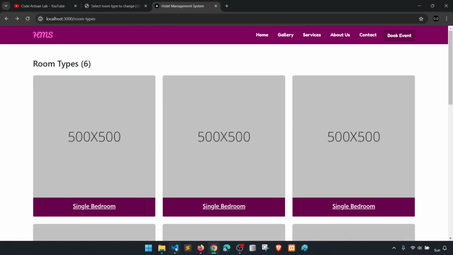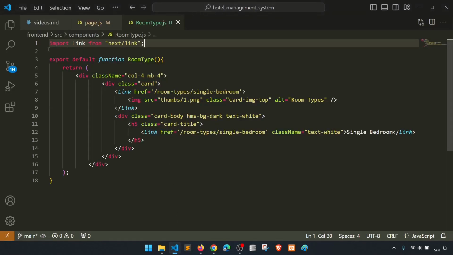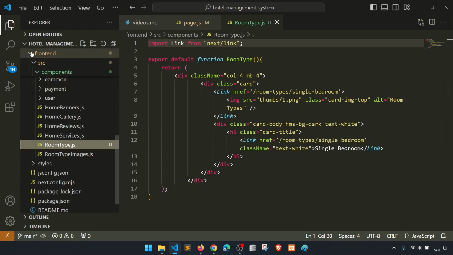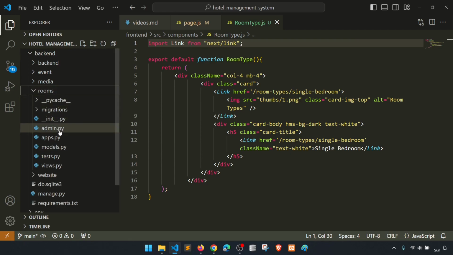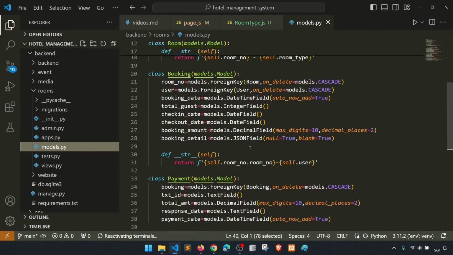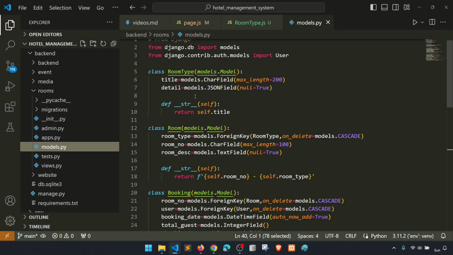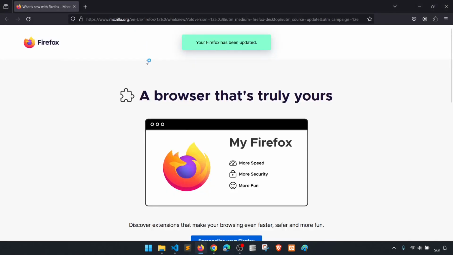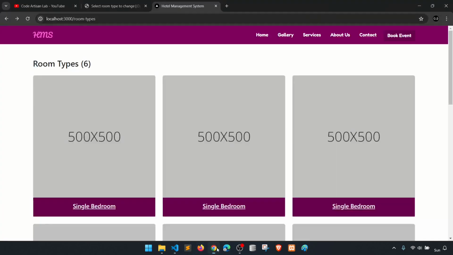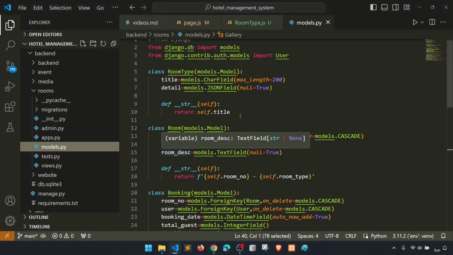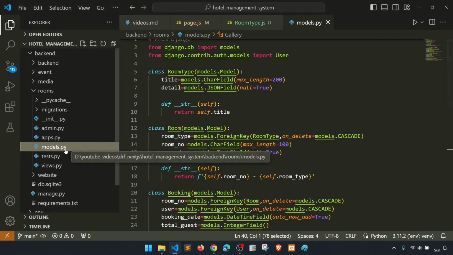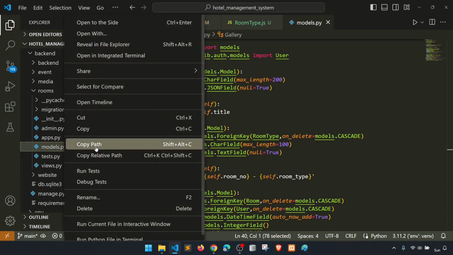Okay, so let's create the API. So what we are going to do, let's go to backend here in the rooms, right? In the models we have room types, yes we have, and we already added the room types here, right? And let's create the serializer and all the things like we did in our banners, right? So let's create here,